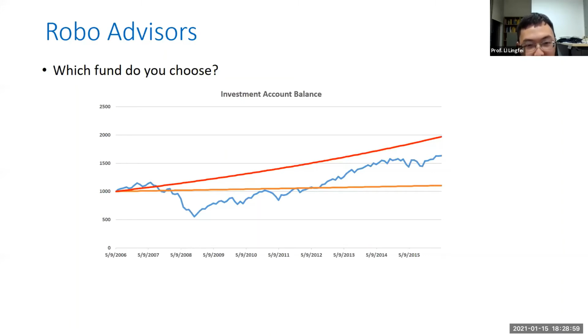What is a Robo-advisor? It's basically some advisory service provided by some investment companies. Okay, so they are going to basically let you download their app, and in the app, you can tell the investment company what your investment preference is, like what return you are looking for and how much risk you can bear, what your investment horizon is, anything that you're particularly interested in, for example, gold or Bitcoin or stocks, and anything you don't really want to invest in.